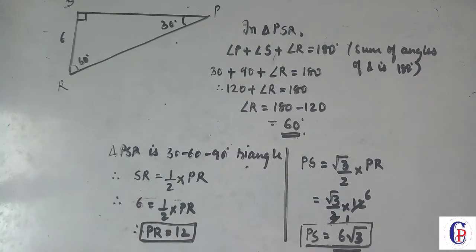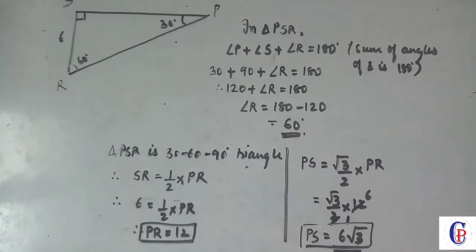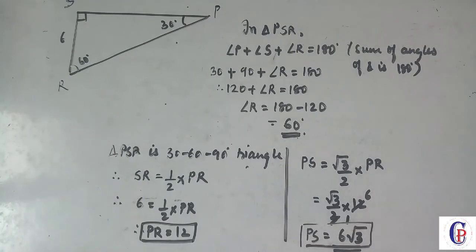See, the calculations are very easy, only the thing is you should know the theorems. Once you know the theorem, we could solve the sum very easily. If you knew that the side opposite to 30 degrees is half the hypotenuse, then what's the big deal? You have to just write SR is equal to half PR. But you need to write all these theorems on the page and remember them. Whenever you see a sum, you should be able to recollect it.